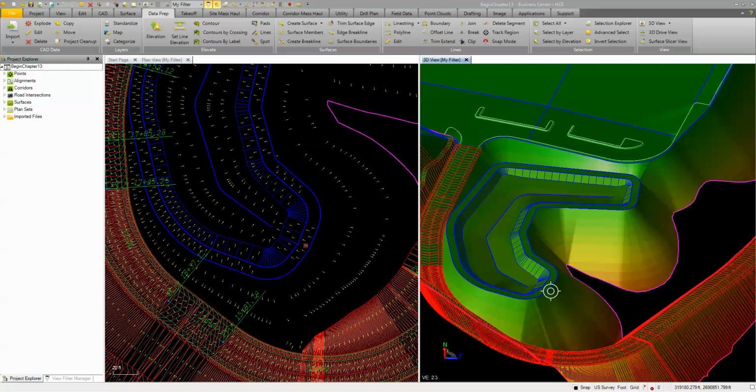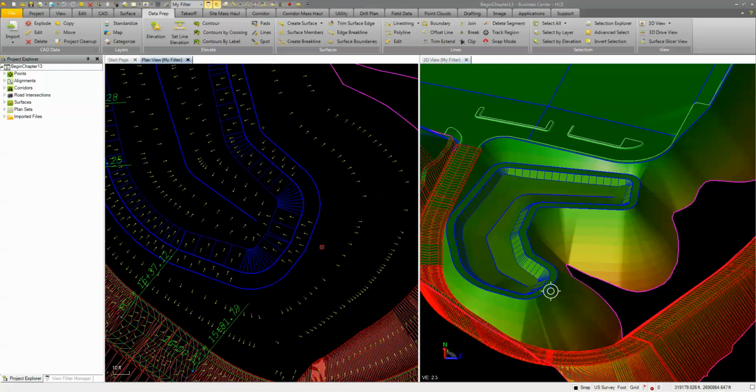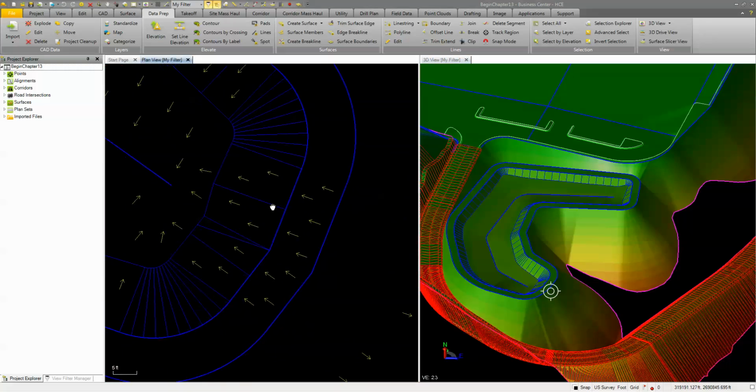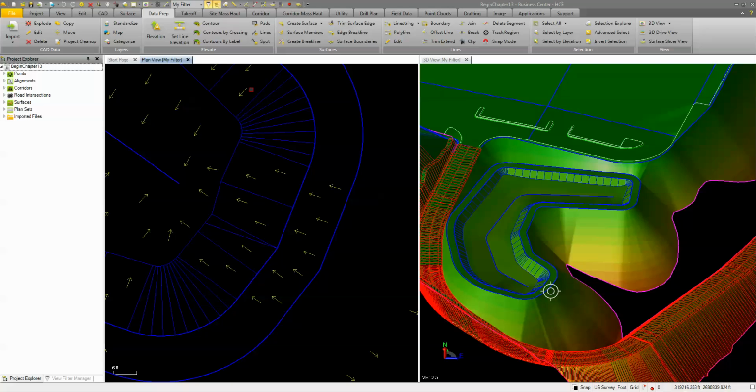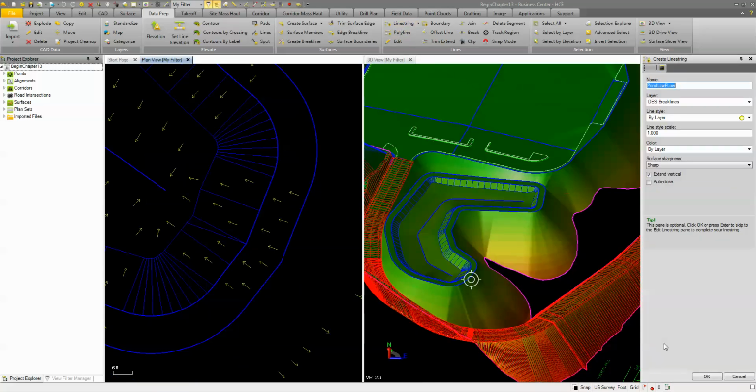Alright, so what I want to do next is add our emergency spillway at the end of this pond here. Again, there are multiple ways that I can do this. I'm just going to show you some tools here using the lines command for elevating this data. So I'm going to start by drawing a couple polylines, or a couple line strings, and we're just going to call this spillway,